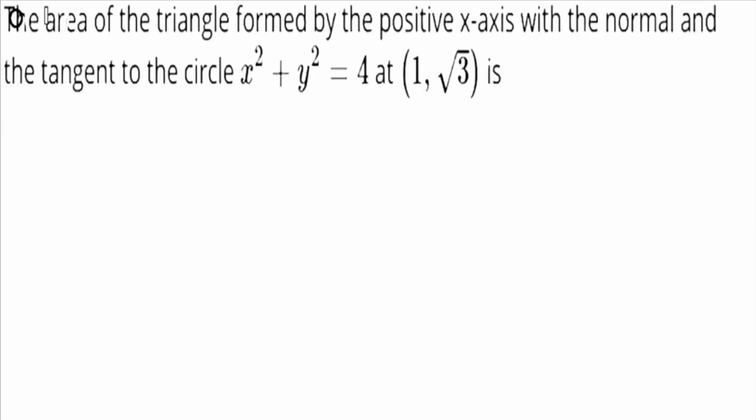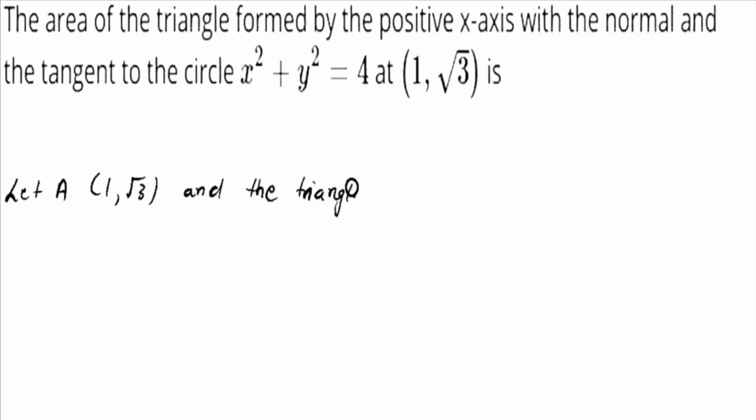The question is the area of triangle formed by the positive x-axis with the normal and the tangent to the circle x square plus y square is equal to 4 at (1, under root 3). So we have given a point that is (1, under root 3). So now first of all we can write, let A be the point that has coordinates (1, under root 3),